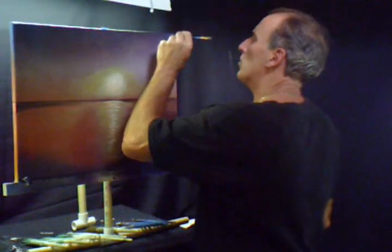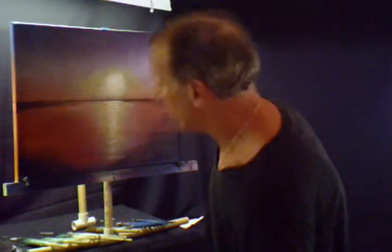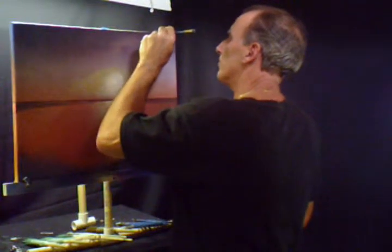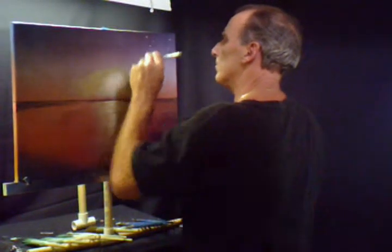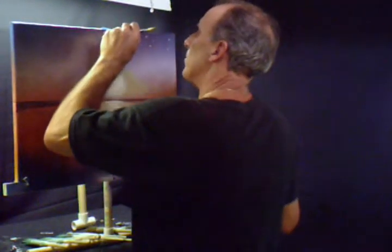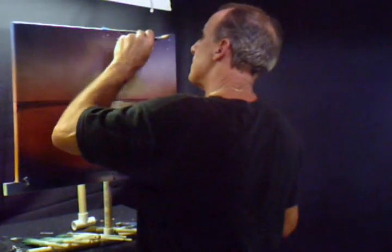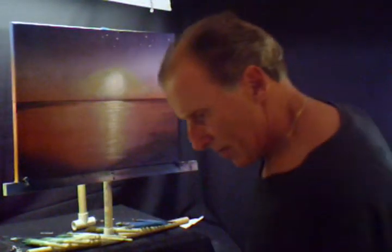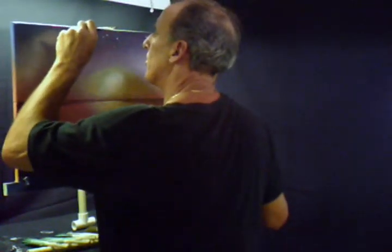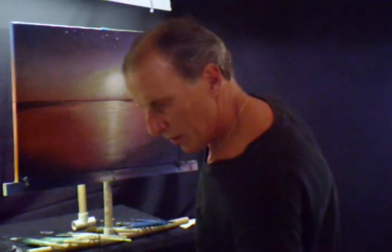Who knows? Maybe we can put a star here, a couple up there. Off in the distance. Maybe they're all across the sky here. Some are closer together out there, and some are further apart. Maybe we'll put some shooting stars in too. I think that's going to be